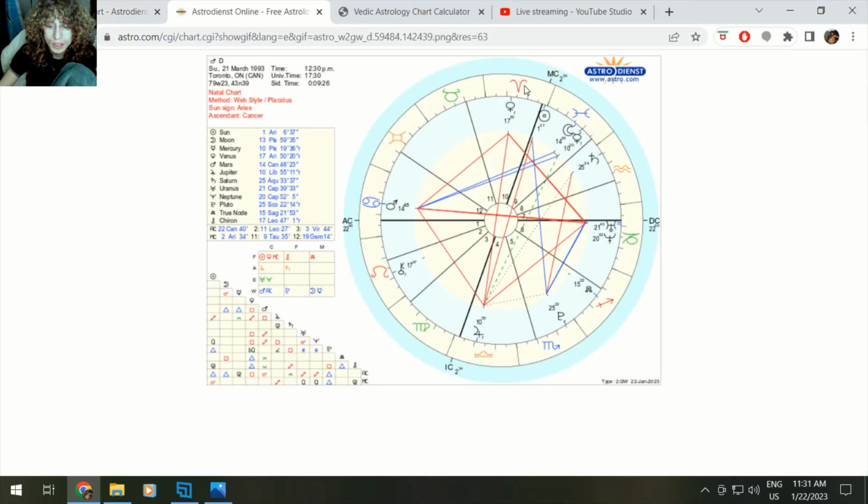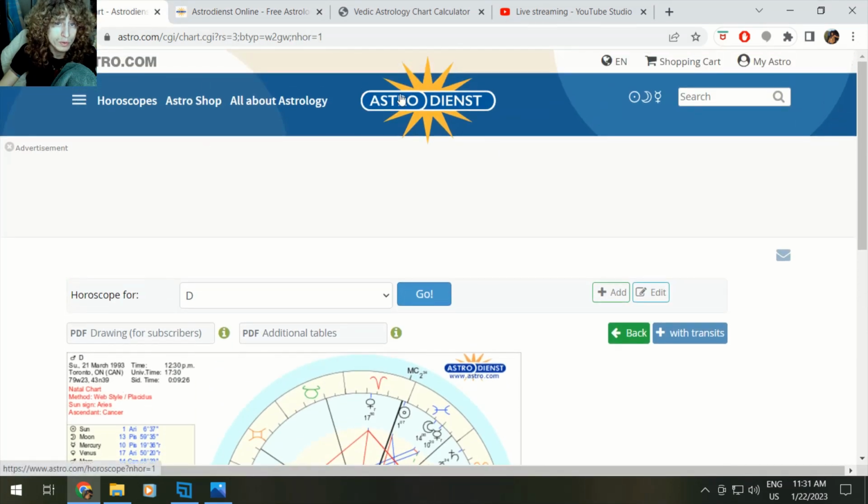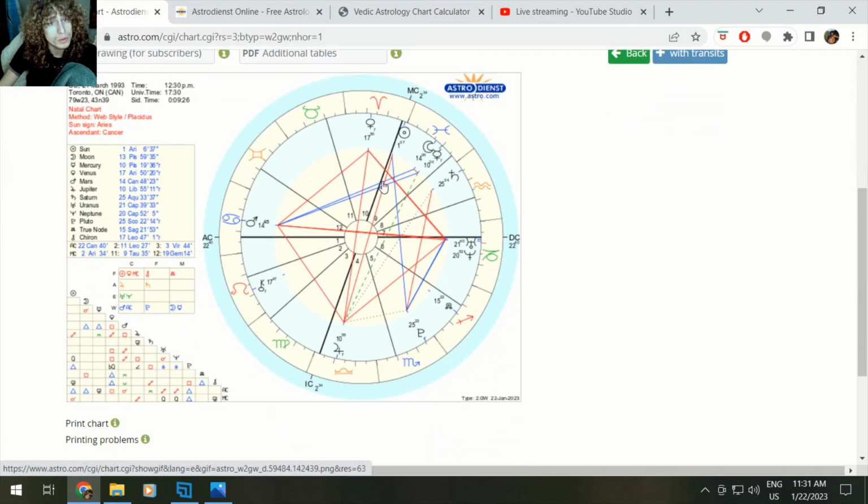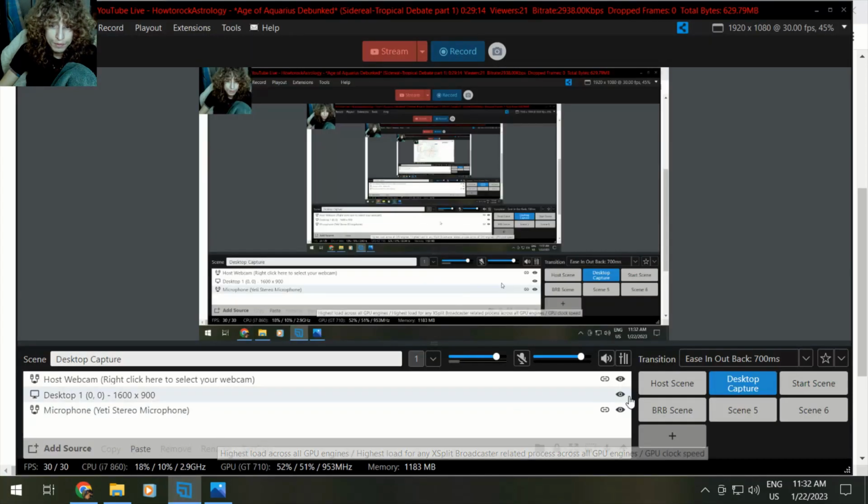The sun, as we can see here, I wish I could zoom in on this more. The sun sign is in Aries, and it's 1 degree of Aries. We can see that the 0 point of Aries for a tropical astrologer, right? We're tropical astrologers, folks. That's what AstroDienst is. If you look it up on Cafe Astrology, any tropical software, you look up March 21st, the sun is going to be at 1 degree of Aries. Always. Every time. Right? So this all makes sense. Doesn't seem to be a problem here, right?